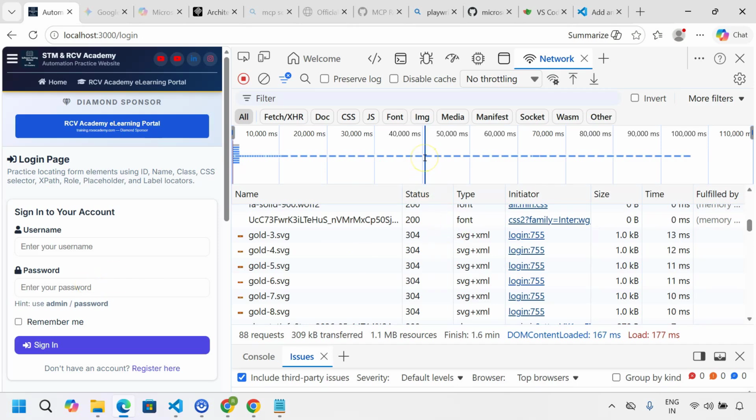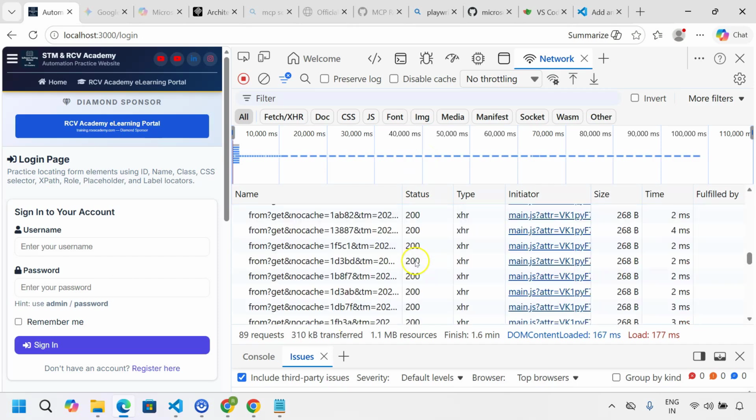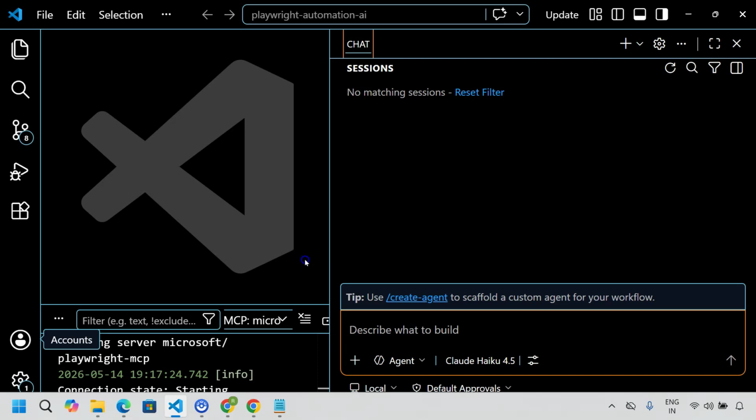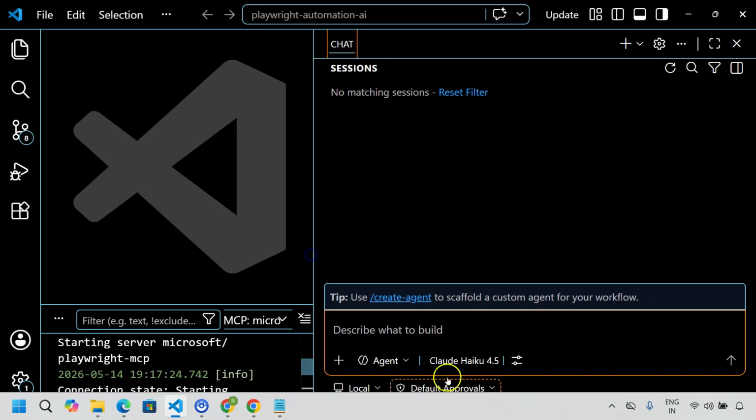So let's see, with simple prompting, we will be able to analyze the specific page of the website, how the network traffic has been for that website, and also the API responses. And if the API responses are not successful, it will provide us the complete report for that. Okay, so how can we do it? Simply, if we go to the Copilot here, Microsoft GitHub Copilot in VS Code,